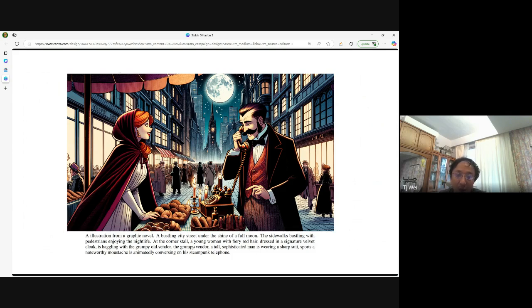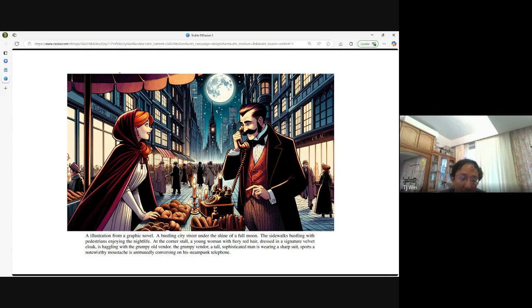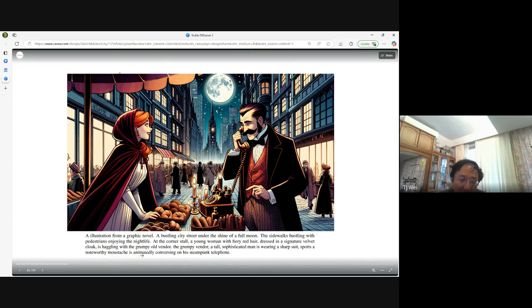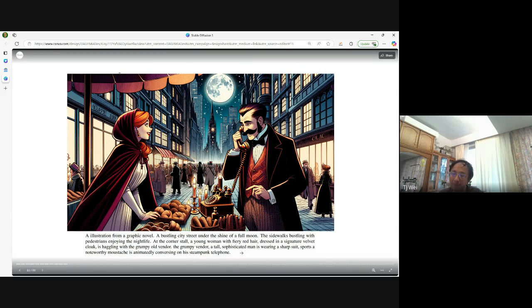At the corner store, a young woman with very red hair, dressed in a signature velvet cloak, is arguing with a grumpy old vendor. The grumpy old vendor, a tall, sophisticated man, is wearing a sharp suit, sports a noteworthy mustache, and is animatedly conversing on his steampunk telephone. You can see that it actually follows the prompt perfectly. Every element in the prompt